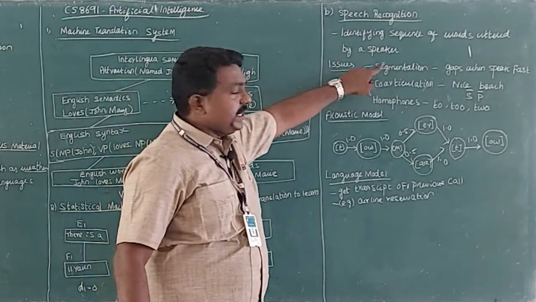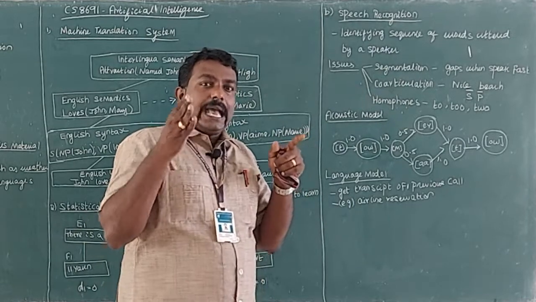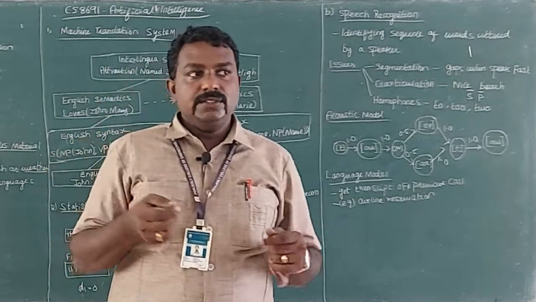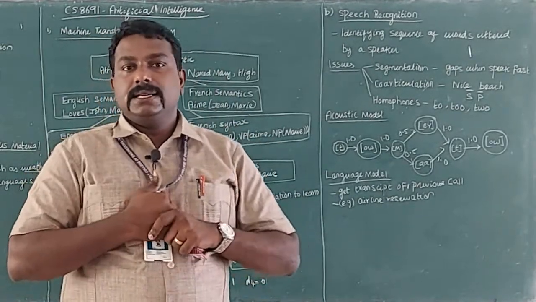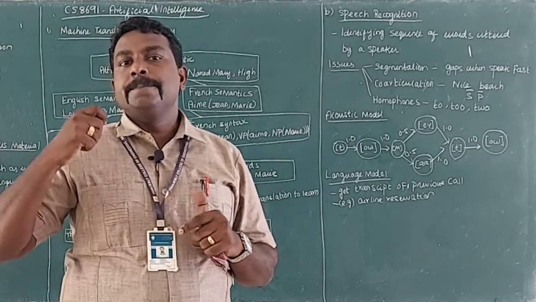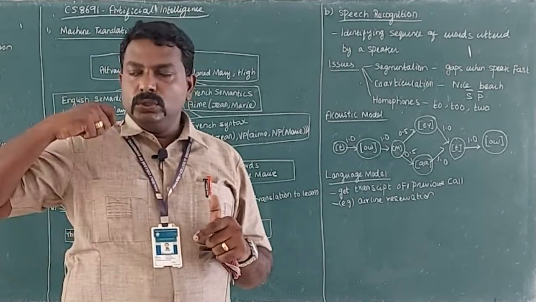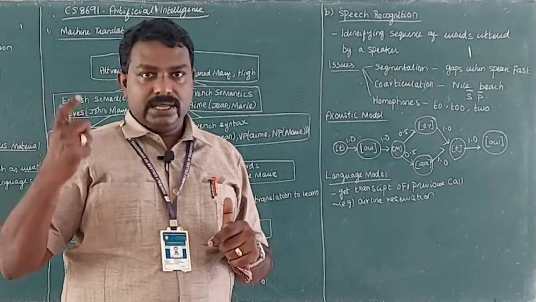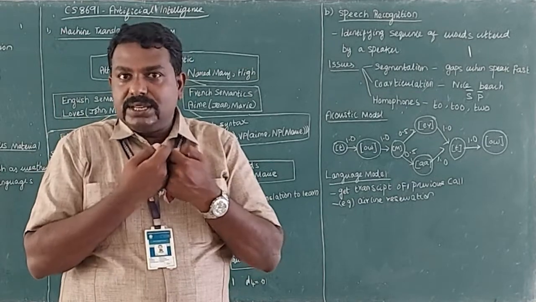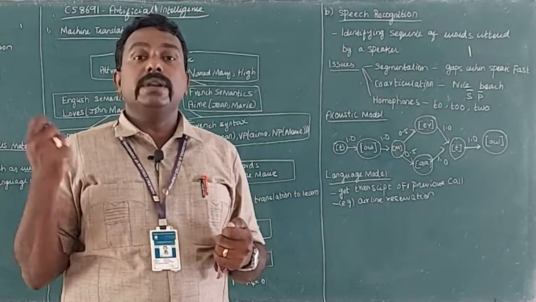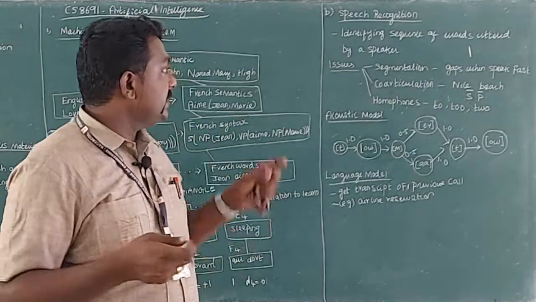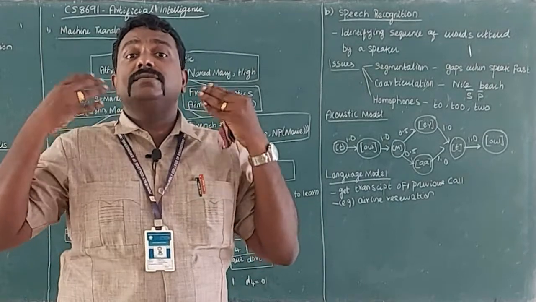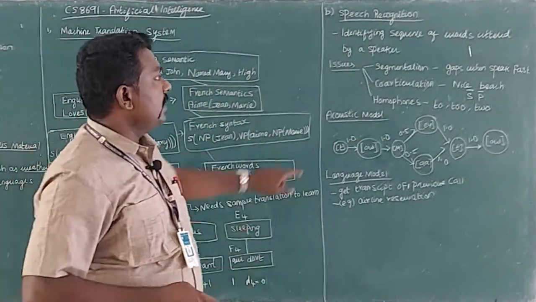If you look at segmentation, it is said to be the gap when you speak the words fast. When you say "the cat drank the milk" in a slow manner, it is okay. But when you speak the words much faster, the meaning gets different, and the sentences come together, and it becomes very difficult for the machine to recognize. That kind of problem you call segmentation. The machine has a problem dividing the sentences when you utter the words faster. Okay, so that you call segmentation.